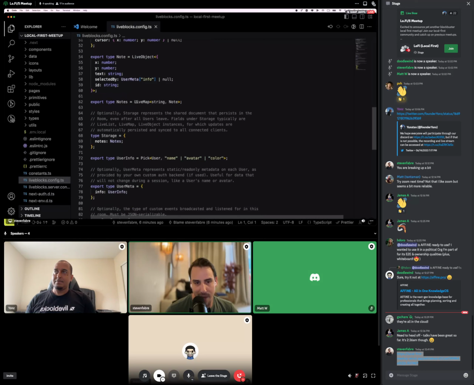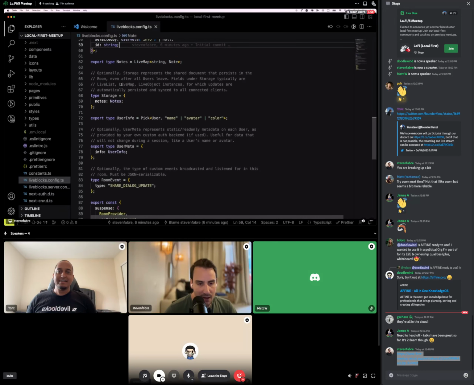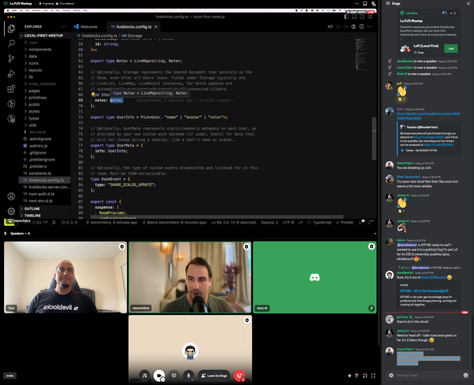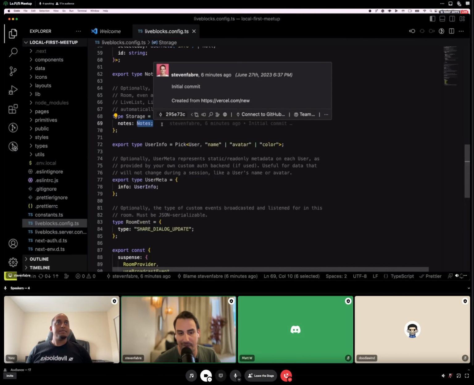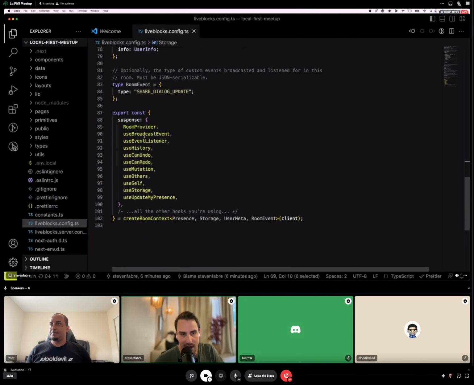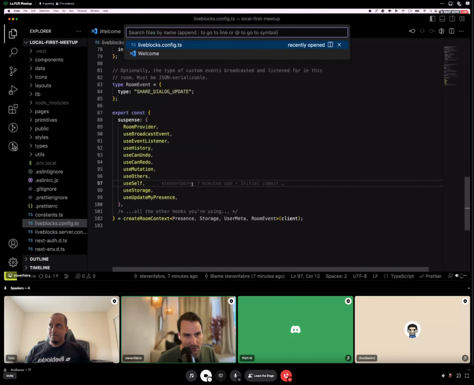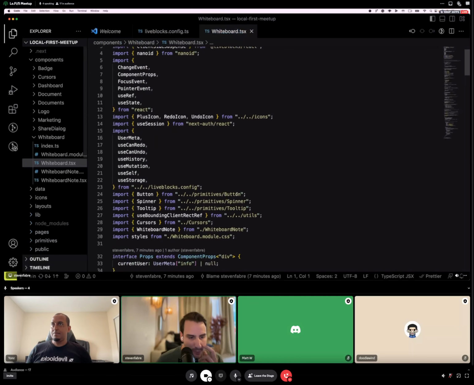And then we have a map. If you look here, this is a map of nodes, and a node is like a live object with an XY coordinate, a text in it, and an ID. And then we use storage, and this storage is a conflict-free data structure solution so that you can have multiple people manipulating the same state. And then you get all those nice little hooks to do a bunch of stuff. So if I go into the whiteboard component,